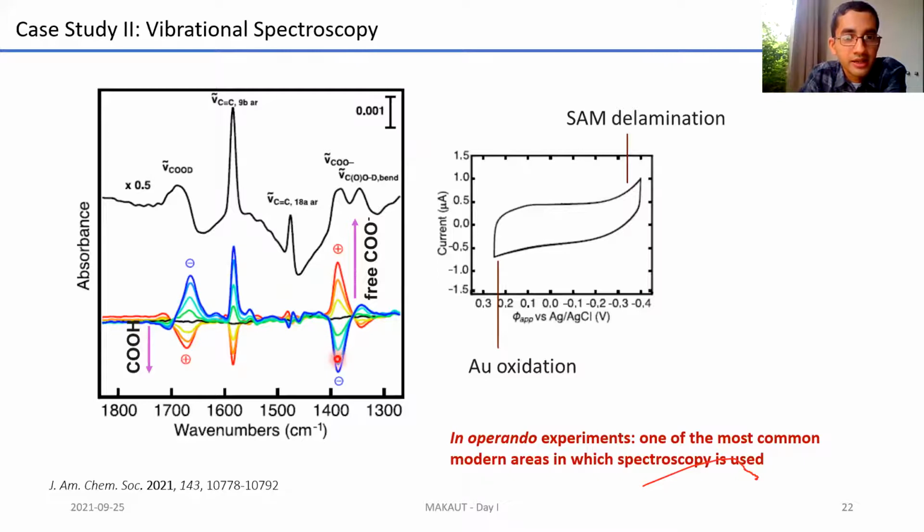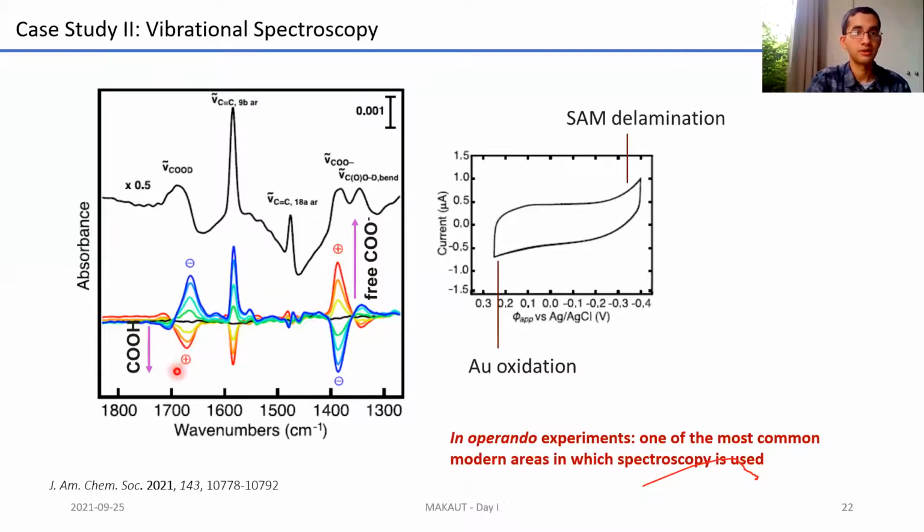This results in a gradual increase in the absorbance as you go towards positive potentials, and a fall in absorbance. Negative absorbance means essentially absence of this molecule as it goes towards more negative potentials. The opposite thing happens for the COOH signal. When you're adding the proton to the system at low potentials, the absorbance increases, whereas when you're removing the proton from the system at positive potentials, the absorbance decreases.